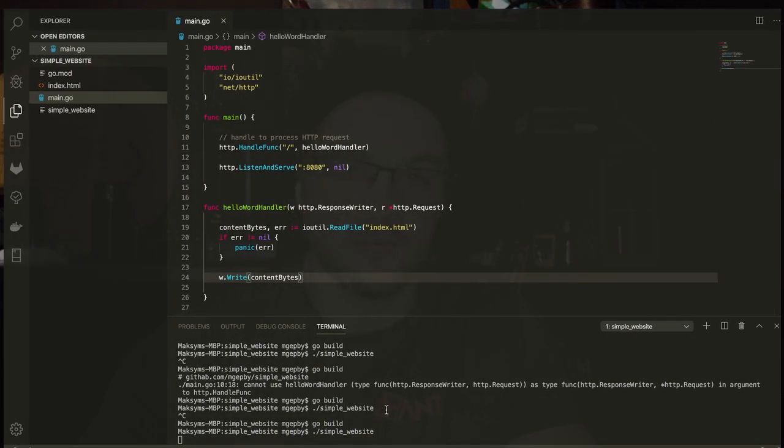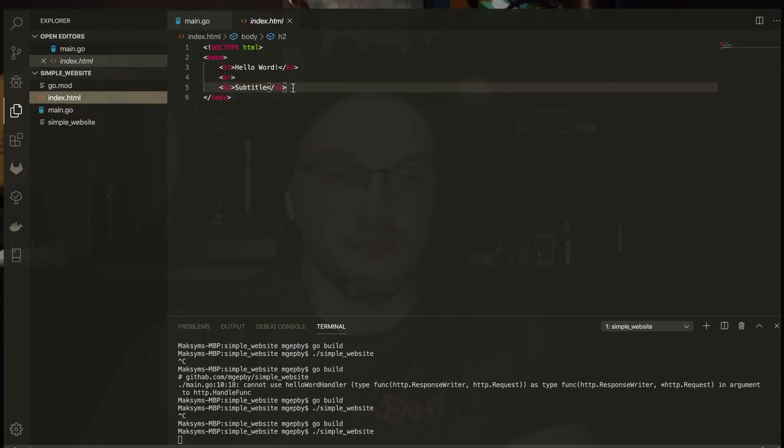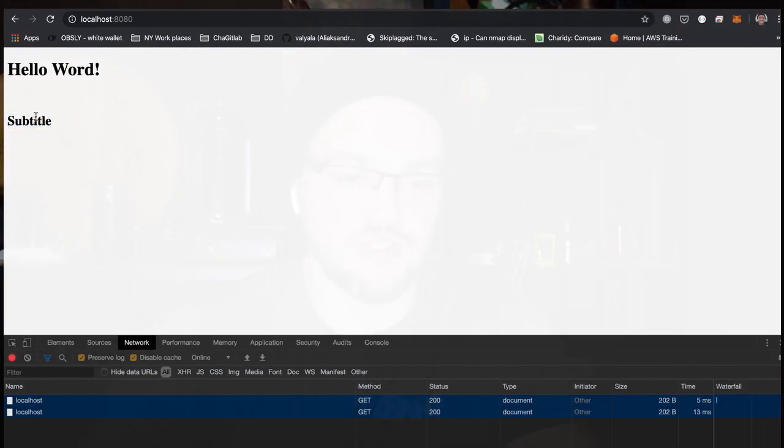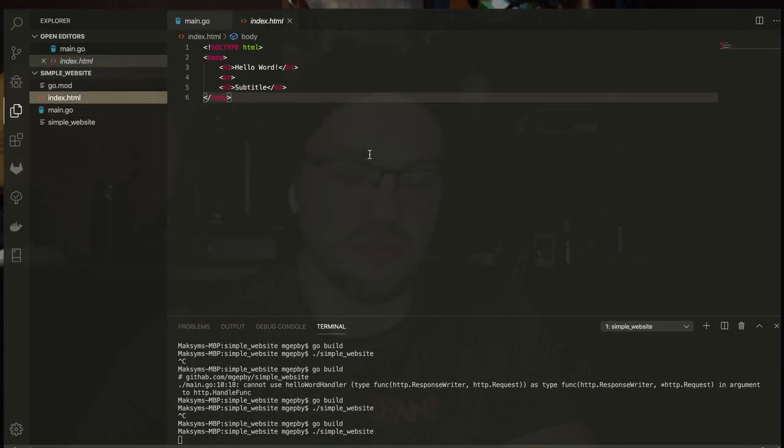So we don't restart our program, it's running, and we're just updating our page with the new content. We're refreshing our page here and we see the results. So this is a simple website that we built on Go that serves the request to a specified port. In our case it's 8080 on our local machine, and responds with the content from the index.html file